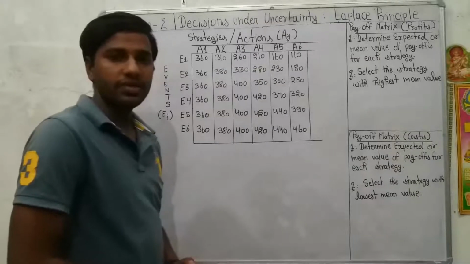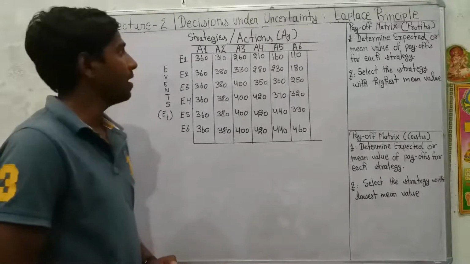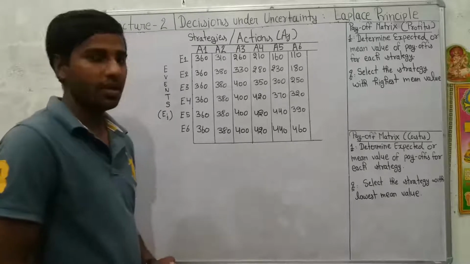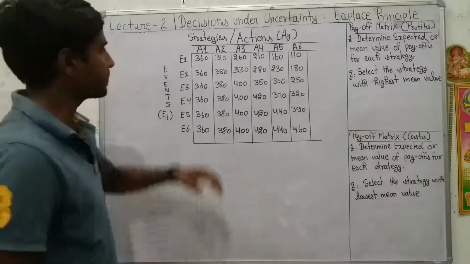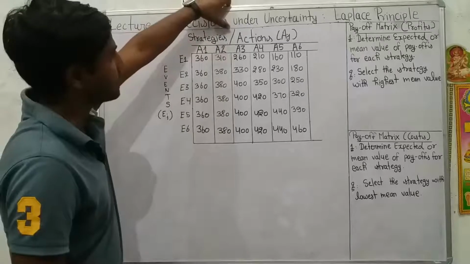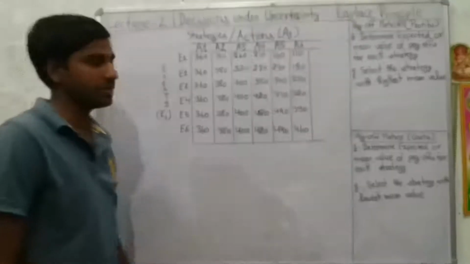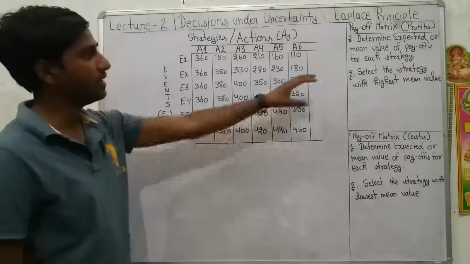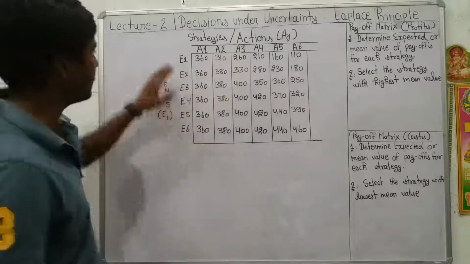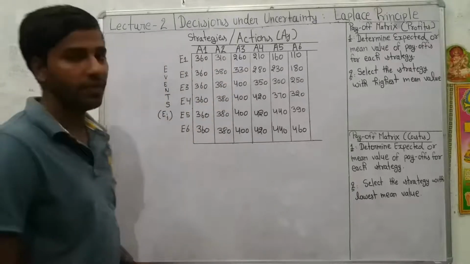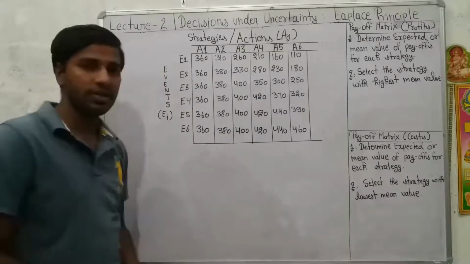Hello everyone. In this video, we are going to study the Laplace principle of making decisions under uncertainty. For this purpose, we have an illustration in which a company has 6 actions: A1, A2, A3, A4, A5 and A6. So the company can take any of these actions or strategies. In counter of that, there are 6 possible events E1, E2, E3, E4, E5 or E6 that may take